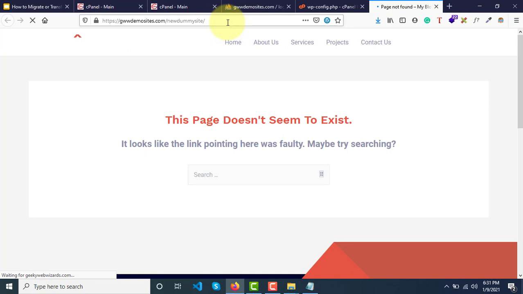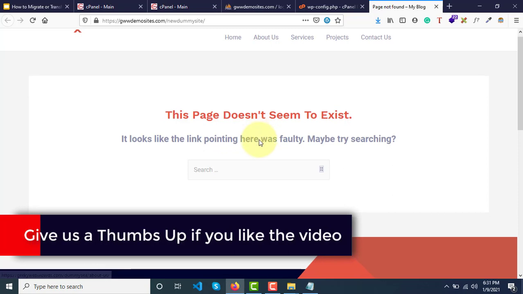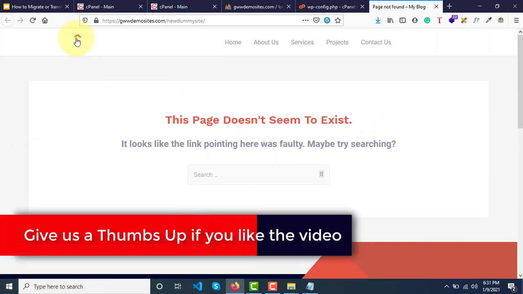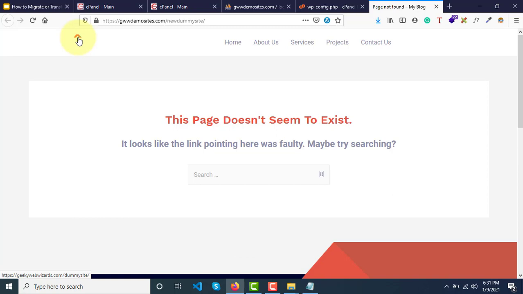It should work, but it is not working. If you click on home, about us, can you see that some part of this logo has been imported here, and we have these navigation pages, but still the page doesn't seem to exist, and the design is kind of imported, but still it is not working perfectly, right? So this is the most common error that you'll get whenever you transfer your website from one server to another, new server. This is the most common error that you will be facing, and you need not be afraid.